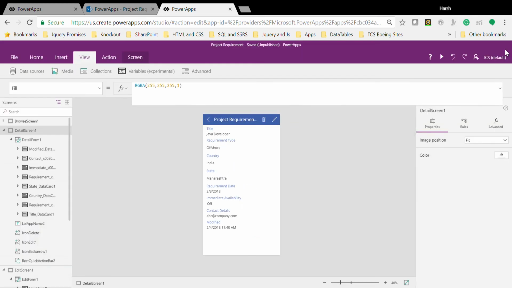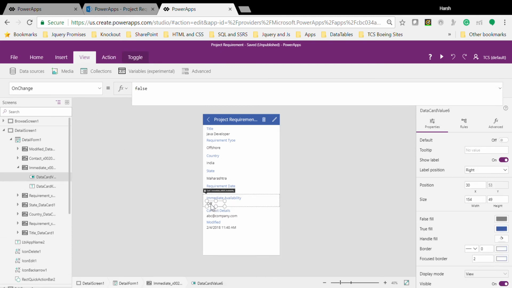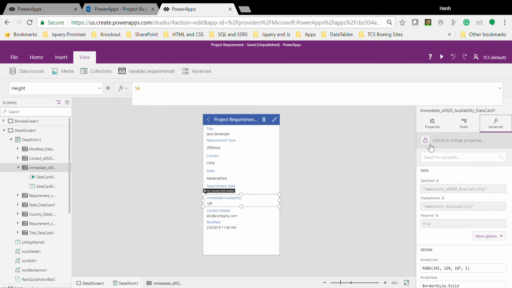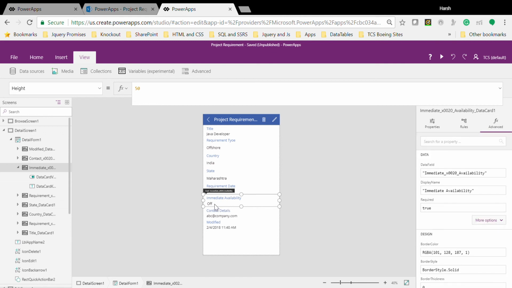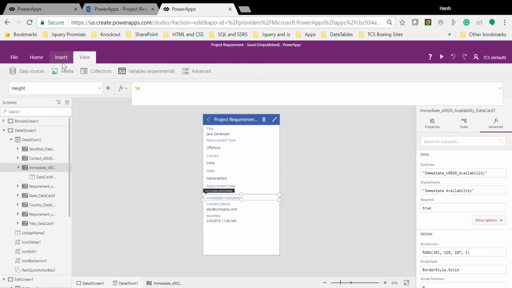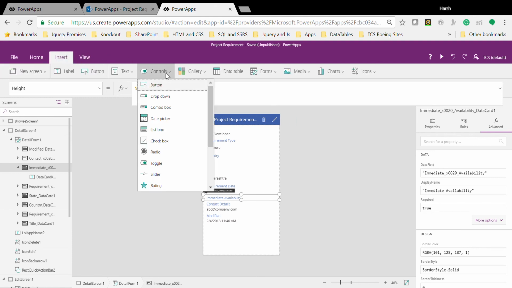So maybe on the display screen you don't want the image to be seen here, so you can just delete it. But oh, you cannot delete it. For doing that, you have to select the card, that is the item availability card, and then you have to go to advanced, and then in advanced you have to unlock it. Once you unlock it, you can then edit it, and then I'll just remove this off functionality from here, and I'll select the card again, and I'll go to insert, I'll go to controls, and from here I will select